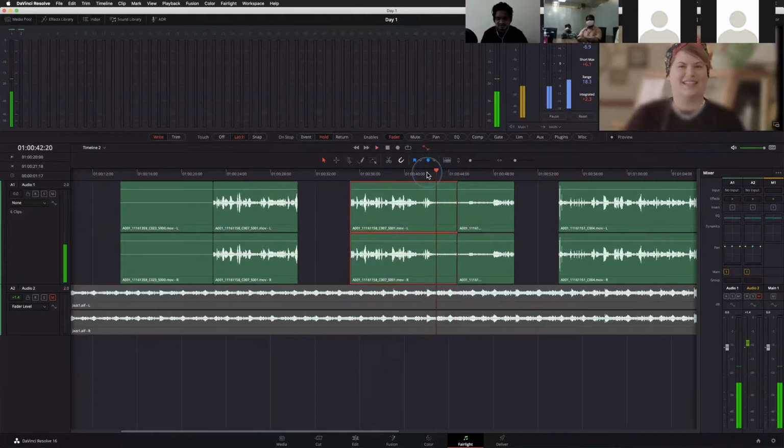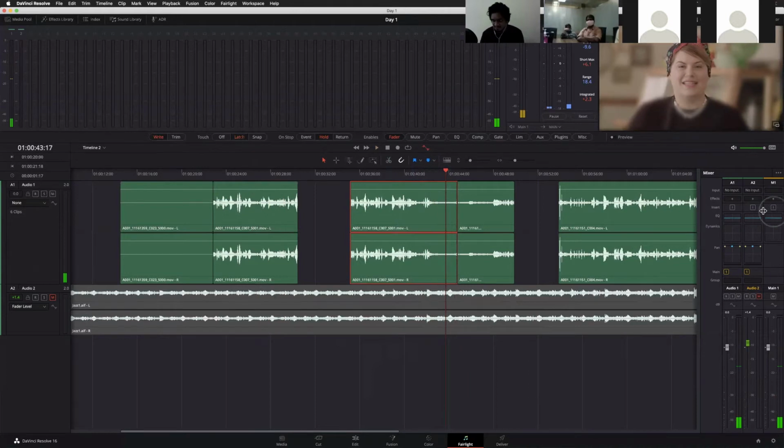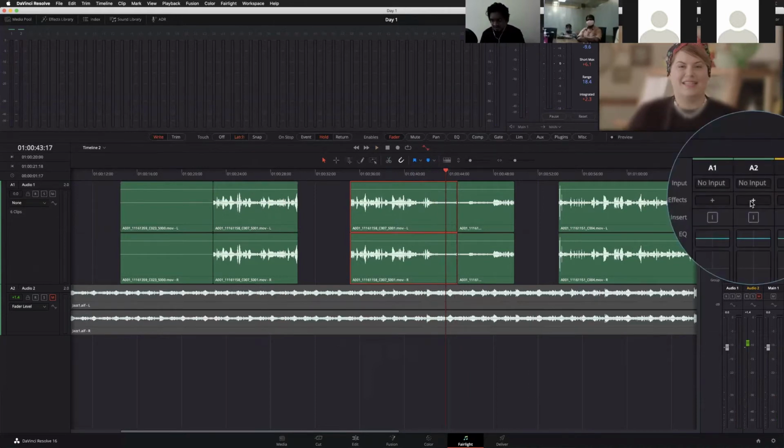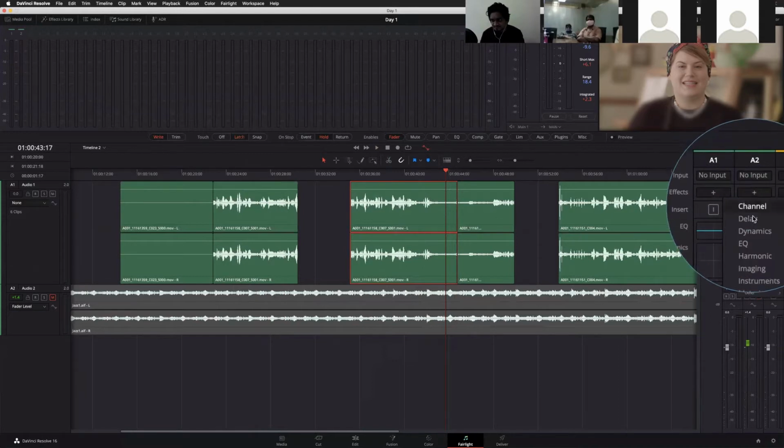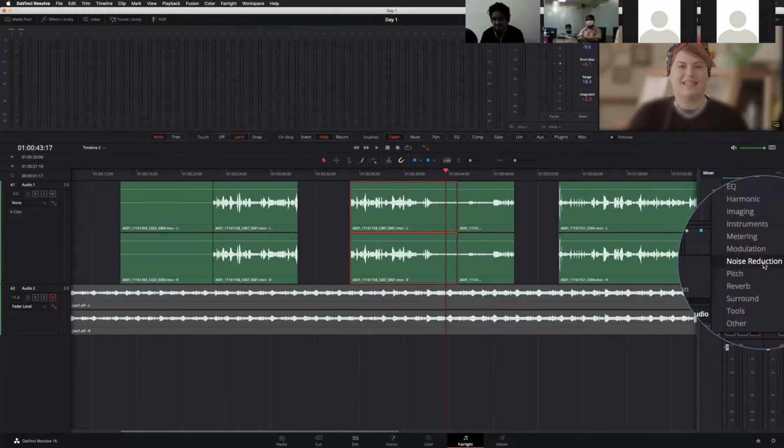Good. Now, you need to add an effect, just click the plus icon. Now you have a separate section for noise reduction. Okay, click noise reduction.